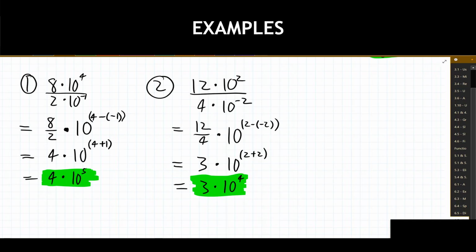The last thing we need to do is make sure that our final answer in both of these situations, and any of these situations when we're multiplying or dividing scientific numbers, is actually written in standard form. So we need standard form, I should say, scientific notation. So we need to make sure that this leading value is indeed greater than or equal to 1, but less than 10. We need to make sure that the leading number there is greater than or equal to 1 and less than 10.